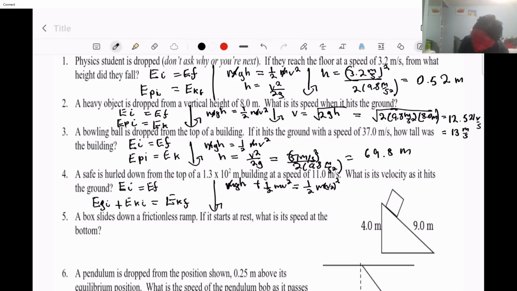We cancel out the m's and we isolate for v. So gh plus 1 over 2 v squared, times 2, then square rooted, equals v. So v is equal to, I'll just plug in the numbers through my calculator. I'm too lazy. 2 times 9.8 times